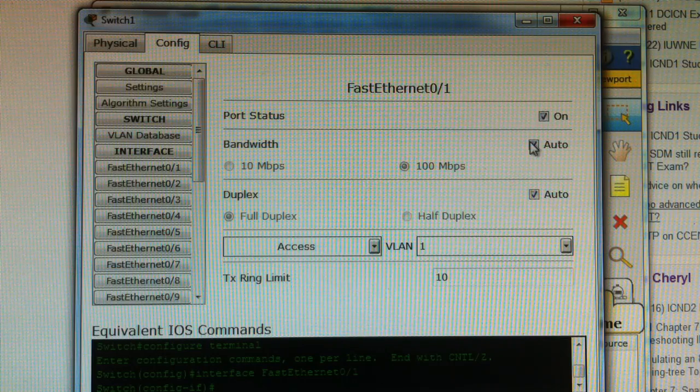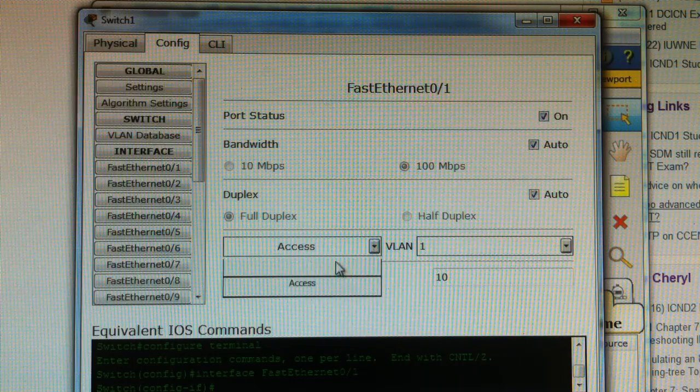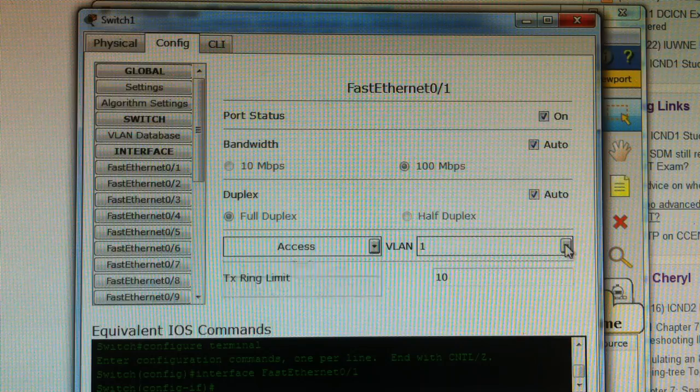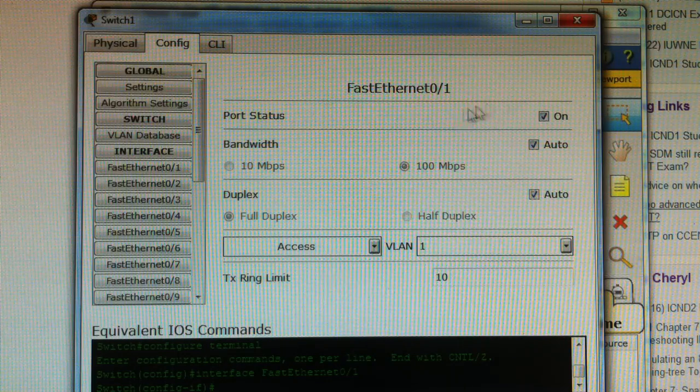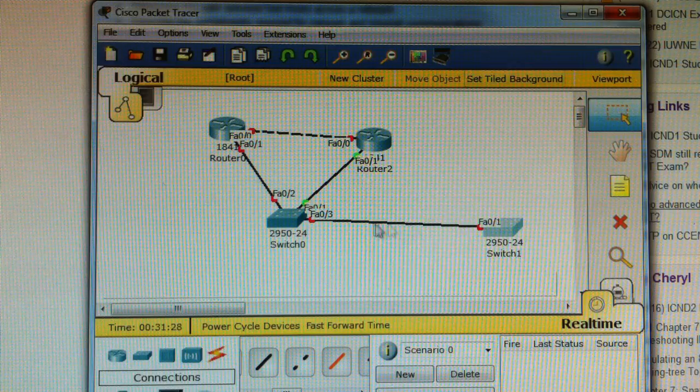And then I'll explain how bandwidth and duplex, why it's auto is set, the difference between a trunk port and a nexus port, and how VLANs work, and that type of stuff. And I'll explain how that kind of stuff comes into play. But if you notice how